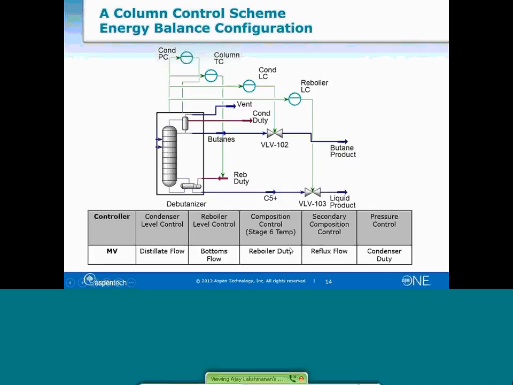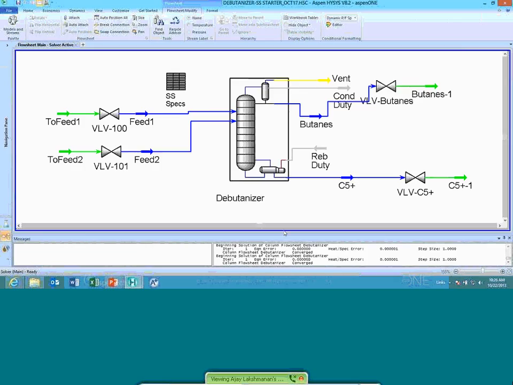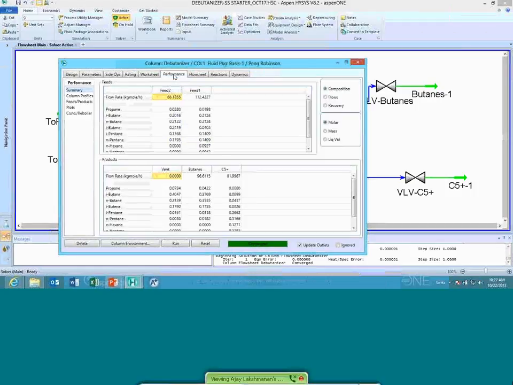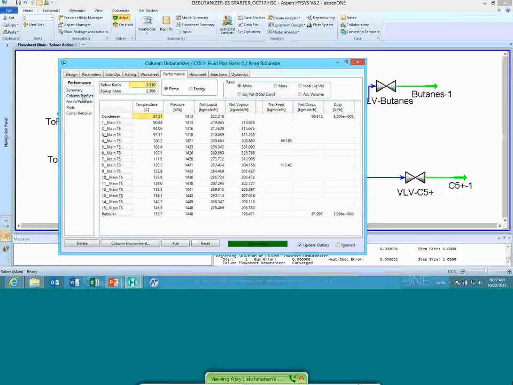Again, how do we pick that stage to manipulate? Which one should we manipulate? There are many ways in which you could do this. You could do a case study, run through various cases, and then choose the stage that responds well to changes in reboiler duty, etc. Or you could use rules of thumb. In this particular case, I'm just going to look at the column profile. I'll look at a plot of temperature versus